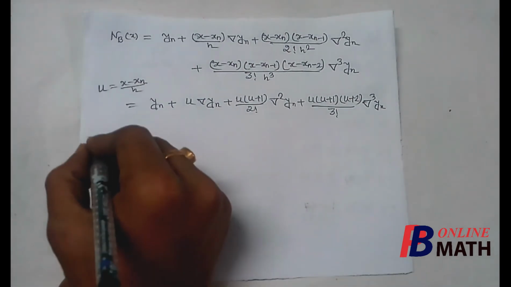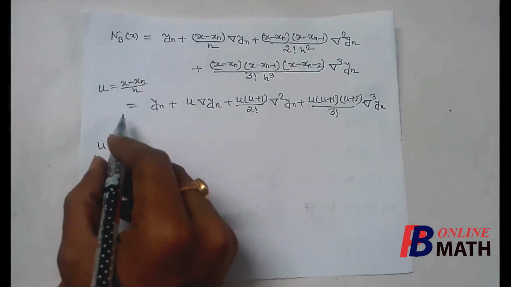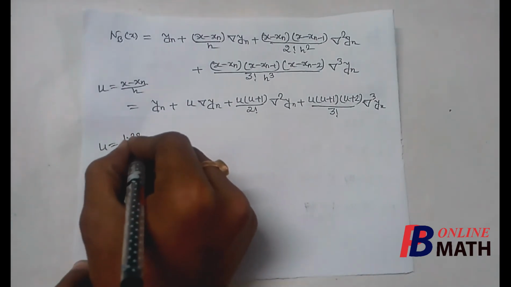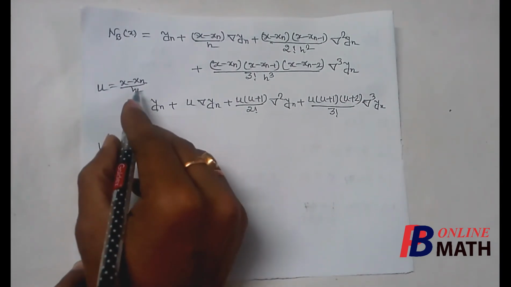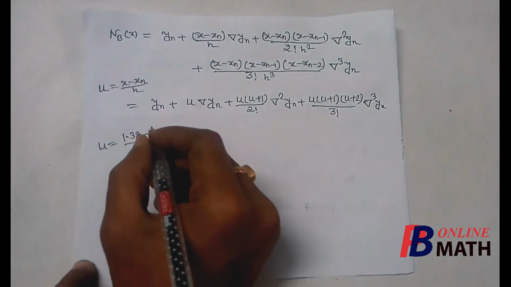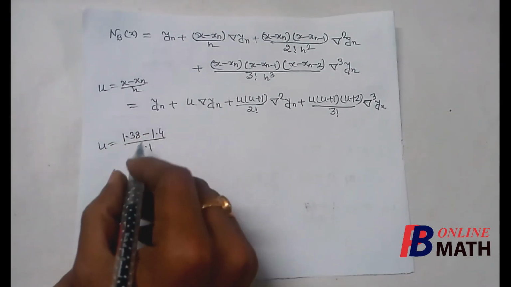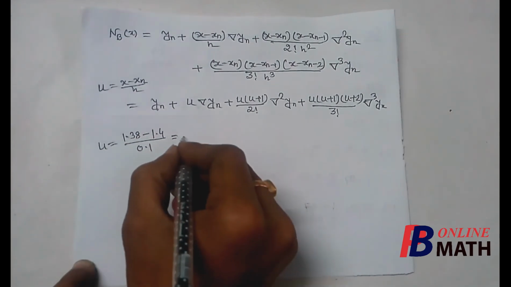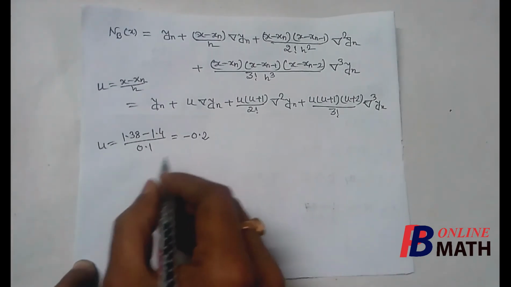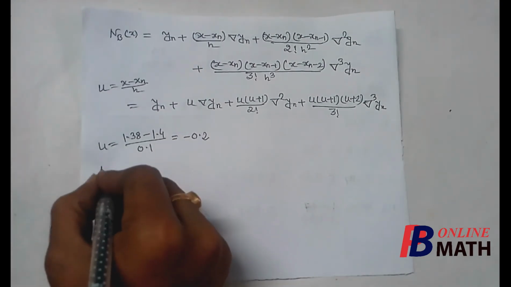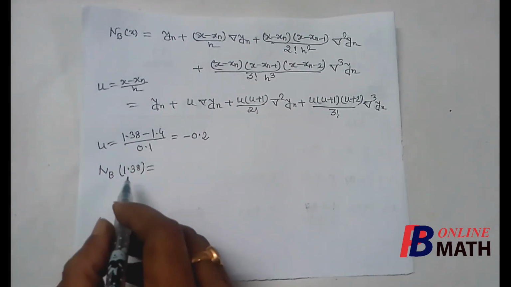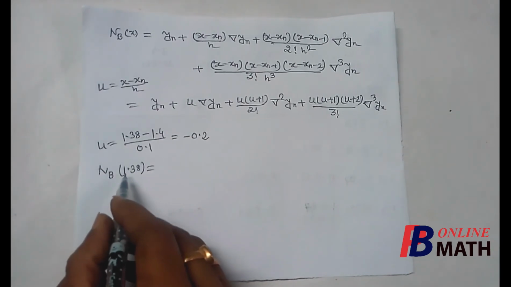Now we know that u is equal to x minus xn by h. What is the value of x? We need to find the value of the function at 1.38. So u equals 1.38 minus xn, the last argument, which is 1.4, divided by h. Now h is equal to 0.1. So if we compute this, we get minus 0.2. So this is the value of u, minus 0.2. So if we replace this, then the backward polynomial at the point 1.38 is